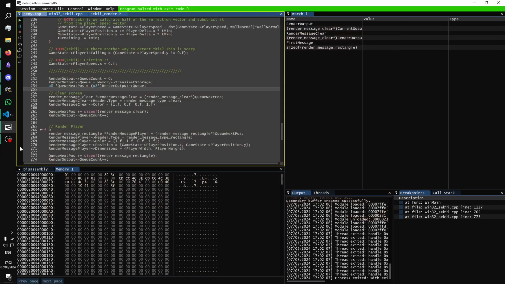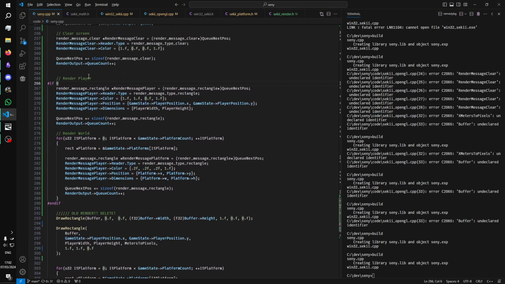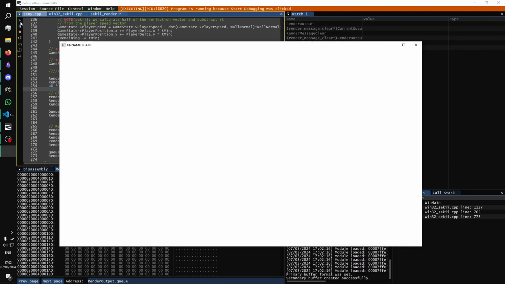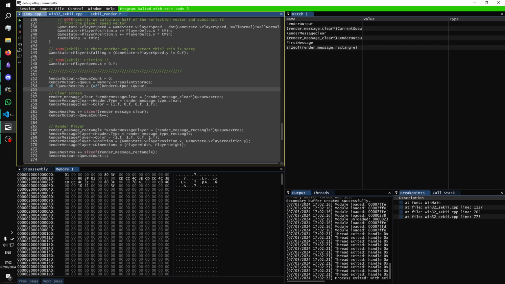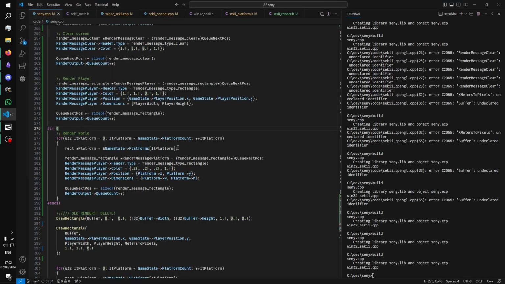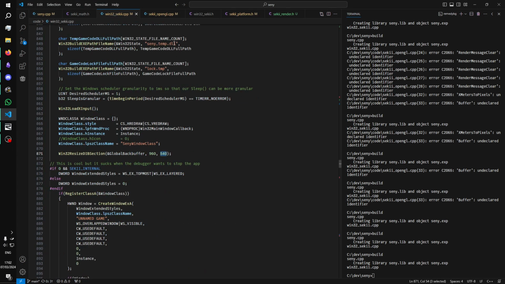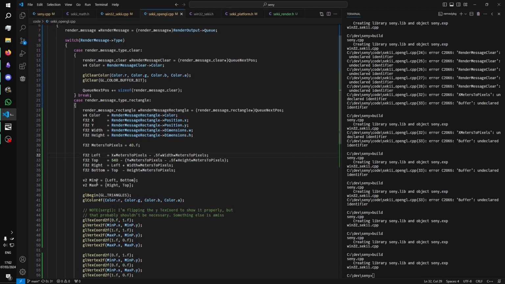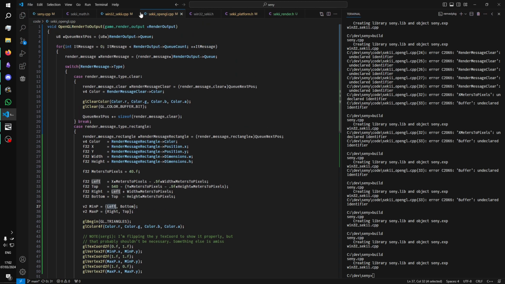Okay, so we have red. And now we add the player. And we have yellow, but that's too much yellow. Why is the yellow so big? Hmm. Let's think for a second here. The projection matrix